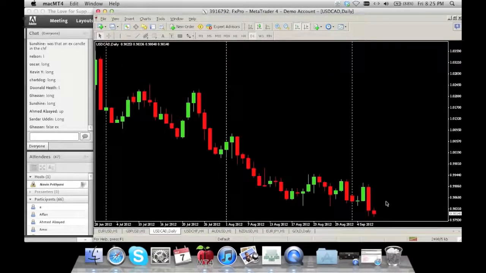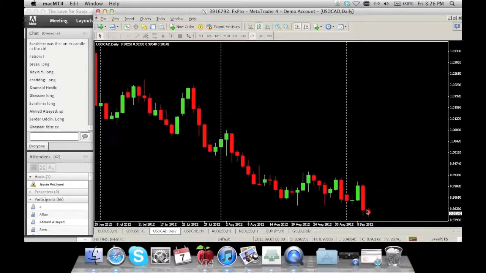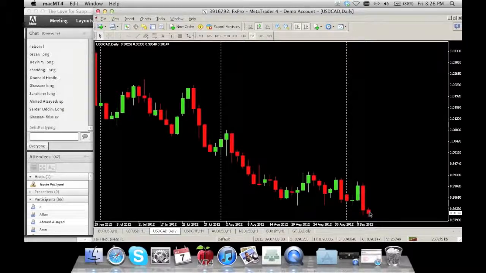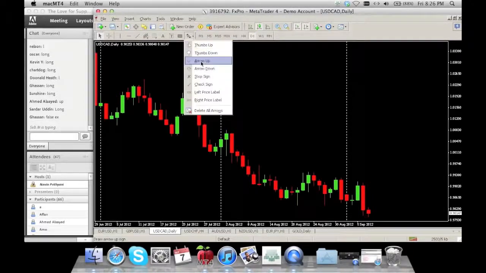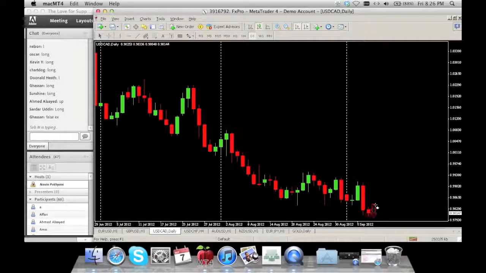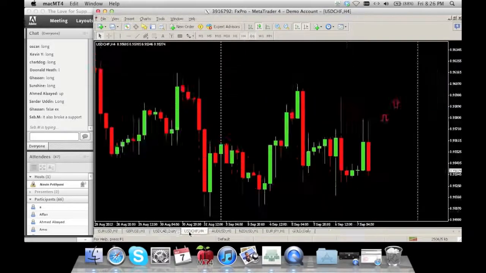What do we see on the daily? Aha. We have a short, a massive candle here. Biggest one for the month. We have to respect the tail. The tail says, I'm only 10% big. The next candle must go beyond me. It went beyond it by 1 pip. So we're assuming the downward movement is still pending. It's still not yet respected the previous candle. So gold long, CAD short, Swiss franc short. Which direction is the overall market?